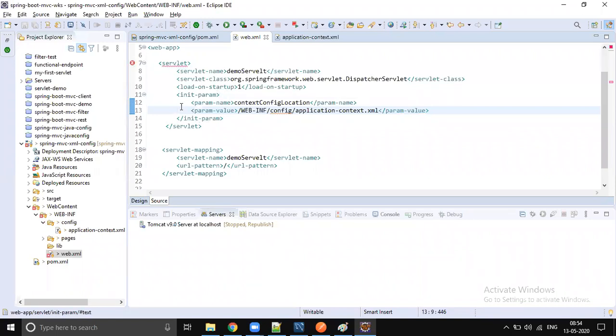So this is what you have to do from a configuration perspective. First, adding the dependencies. Second, configuring the dispatcher servlet as front controller. Third, writing the Spring configuration file and passing it as an init parameter to dispatcher servlet. These 3 things you have to do if you are using the servlet 2.5 model.